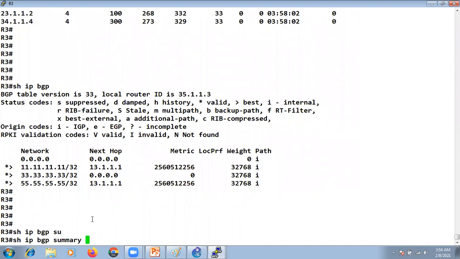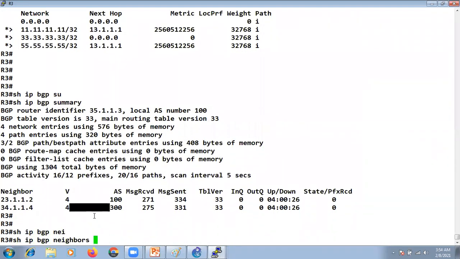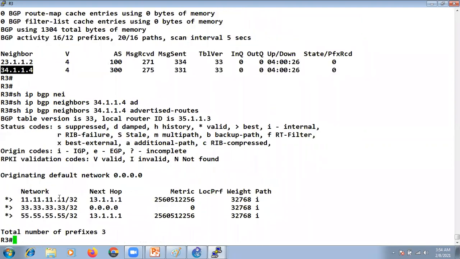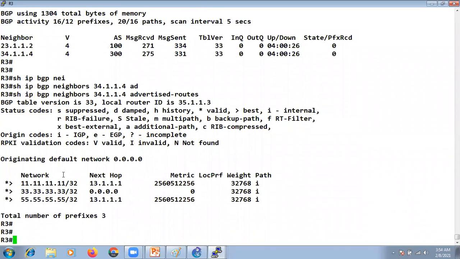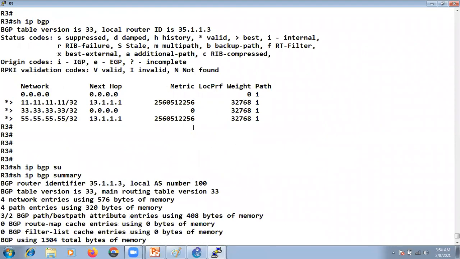Show IP BGP neighbor advertised-routes, and you can see I'm advertising 11 and 55 to R4. So we can also put some kind of condition on this.